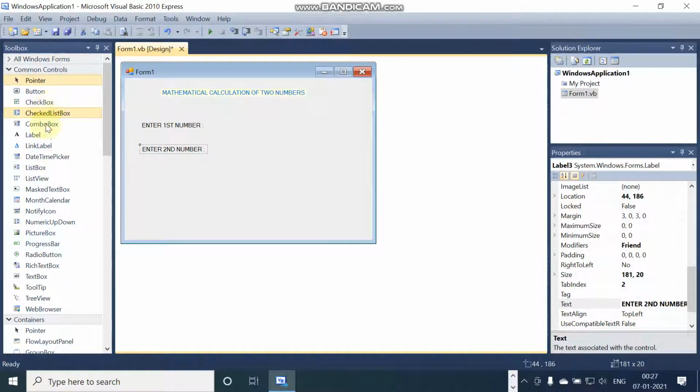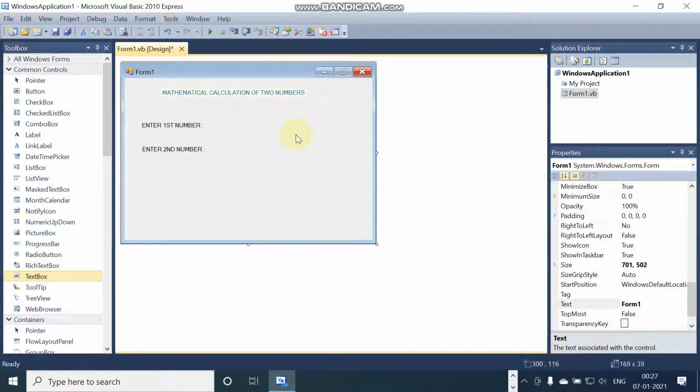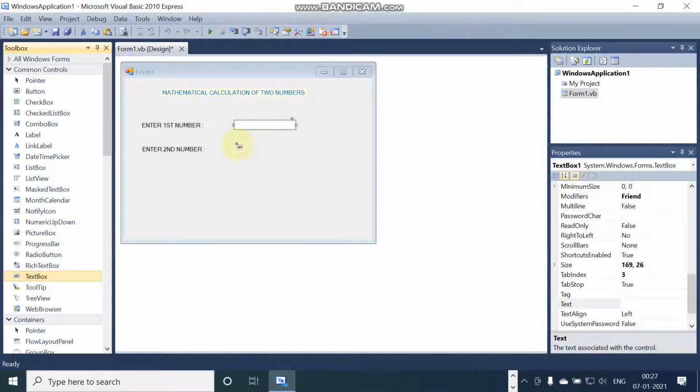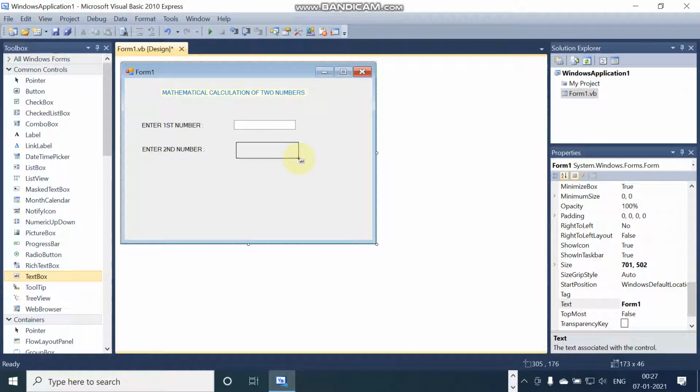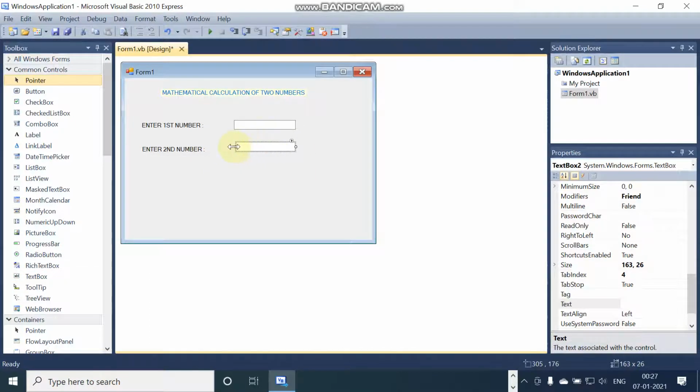Now the user will give some value, so for that reason we need text boxes. In the text box, the user will give some value. So two text boxes I'm taking, and now here one button is there. This is the main important thing.